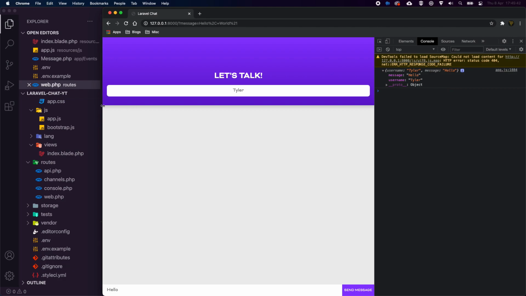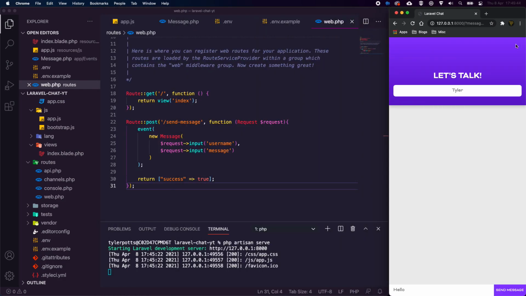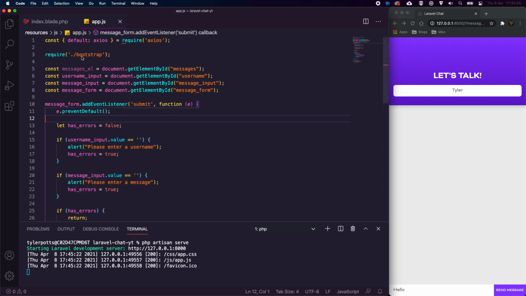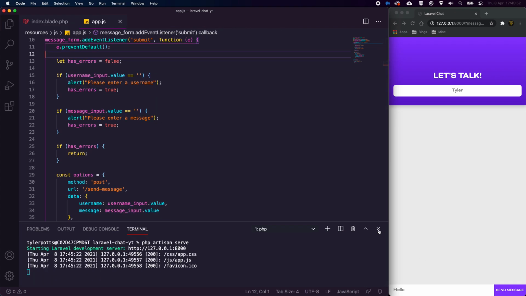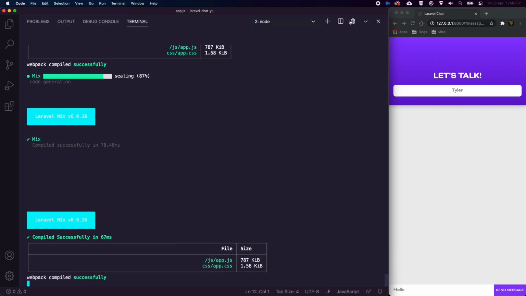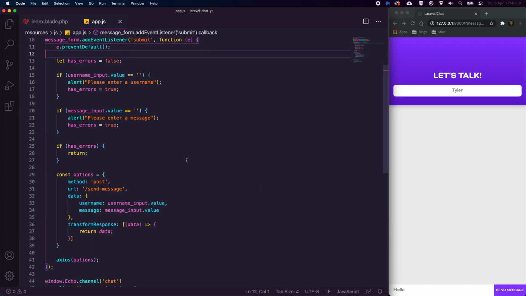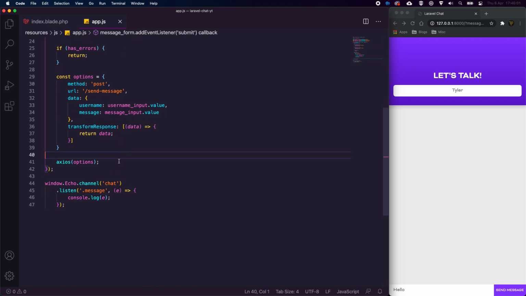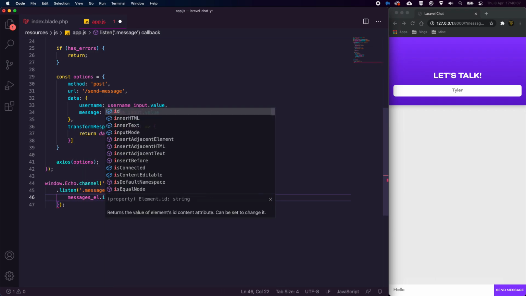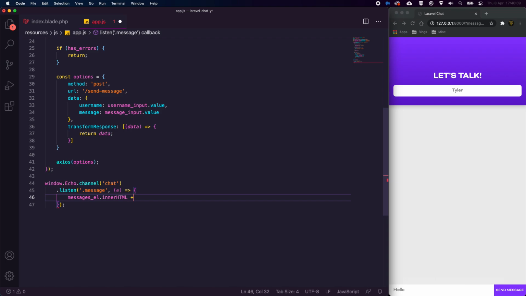So let's just shrink this back down. Let's close this. What we need to do now is we need to go back to our app.js here, close this sidebar, and we can close this bottom bit now. I think this should still be running. It is, and that's not what I wanted to do. Close that. Cool. So now in here where we get our message, we actually need to basically write to our messages element. So we're going to say .innerHTML plus equal to,